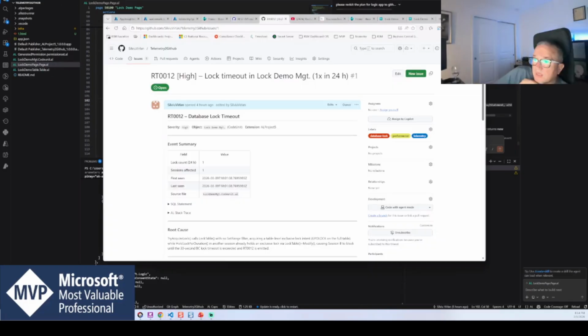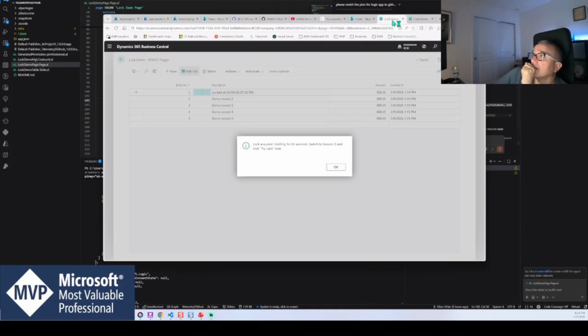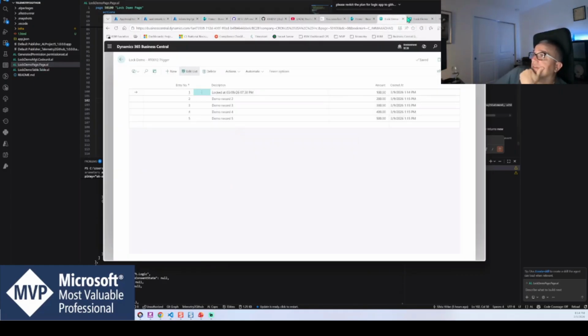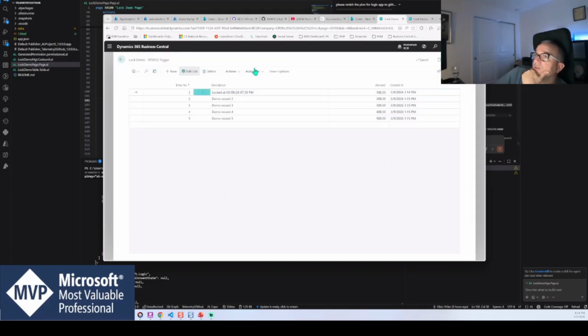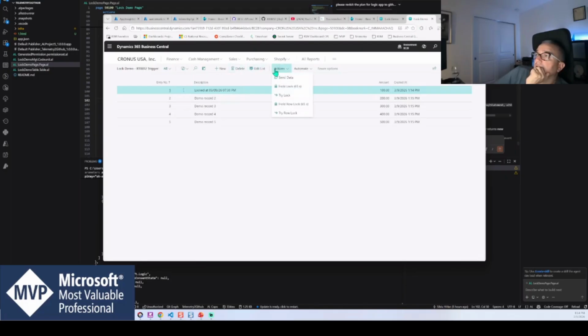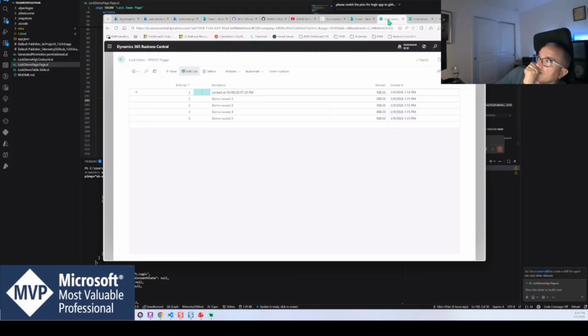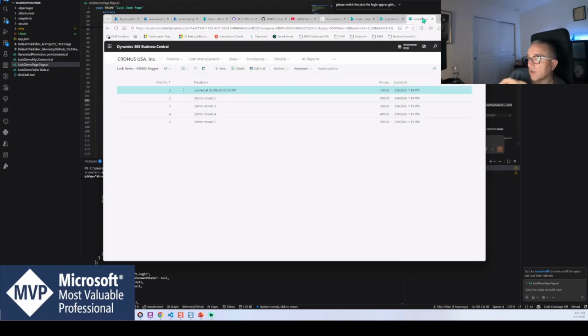Let's have a look at Business Central. I hit run just minutes ago, but we can rerun it again. I don't need to see the data because it's already in. We can hold the lock for a few seconds in one session, and we can try to get a lock from a different session. Eventually, we will receive errors that a lock timed out,